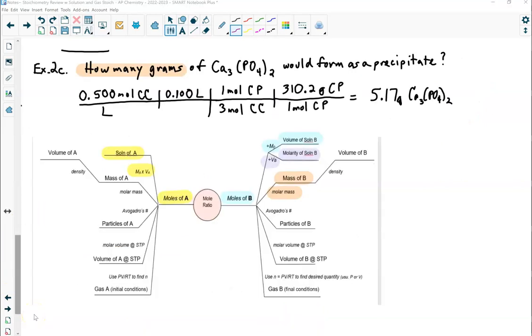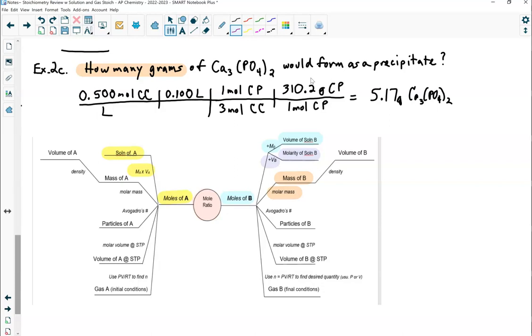And lastly, in a simpler setup, how many grams of the solid product calcium phosphate would form? That would be a precipitate, right? Again, we already know the limiting reactant in this situation. It's calcium chloride. So its molarity times its volume gives me its moles. I'm going to use the mole ratio from the balanced equation, 1 mole of calcium phosphate for every 3 moles of calcium chloride. And then because I want mass, I'm going to multiply by the molar mass of calcium phosphate. And I get that we would make 5.17 grams as a precipitate,